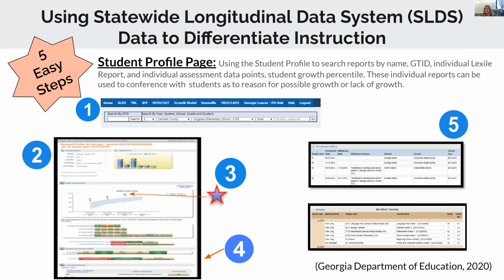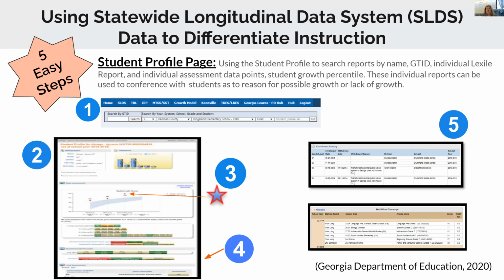The next section where number 3 is located. I put that star there with an arrow pointing. So what it's trying to show you there is that there's a little star and there's a number, and that is showing you the student's Lexile number. And you can see that in this example, the student has taken assessments 3 years in a row. So you've got some comparative data for 3 years. This student has been growing each time they took the assessment. The unfortunate thing is there's not a live link, so clicking on that won't do you any good. It's not going to drill down for you in that area. You want to drill down on the Lexile, you need to go back to